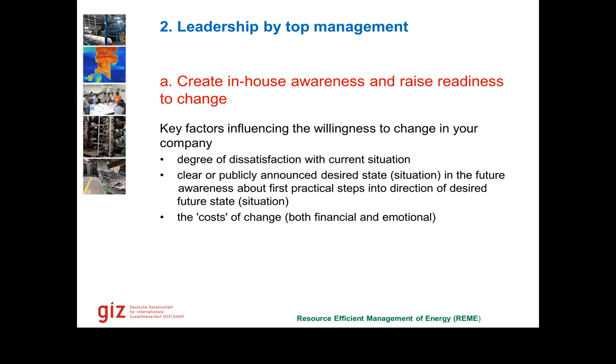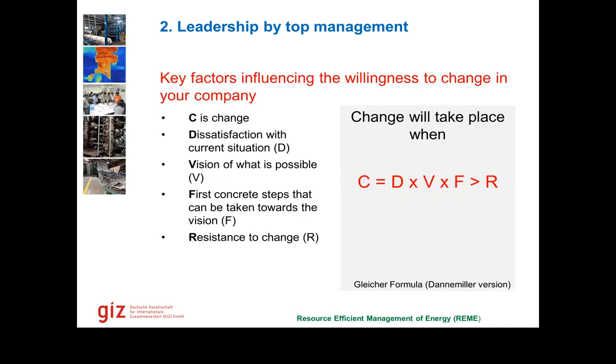So this is very, very important. When these are put into a formula, this is called the Glacier formula, and this is a changed version. Glacier made a different formula in the beginning, which had different letters, and then Dunham-Miller made some changes to it. So this is the Dunham-Miller version, but this is still called the Glacier formula,